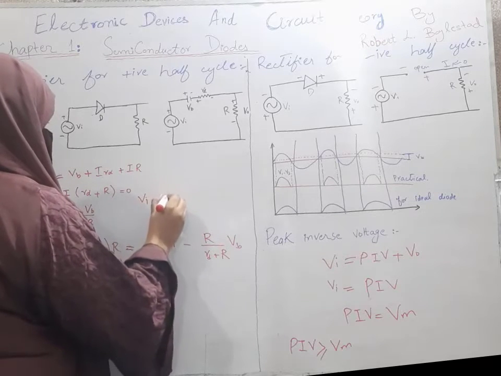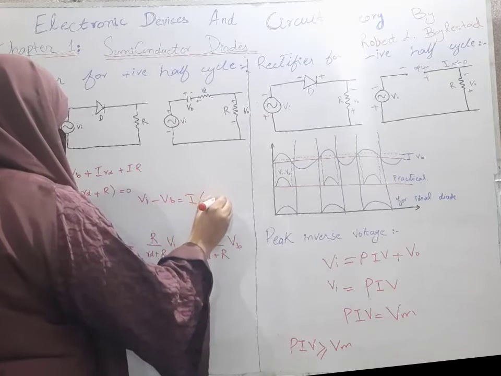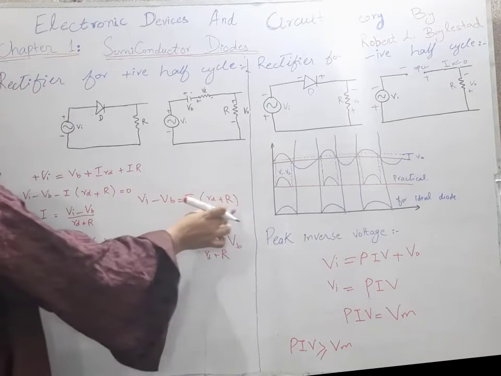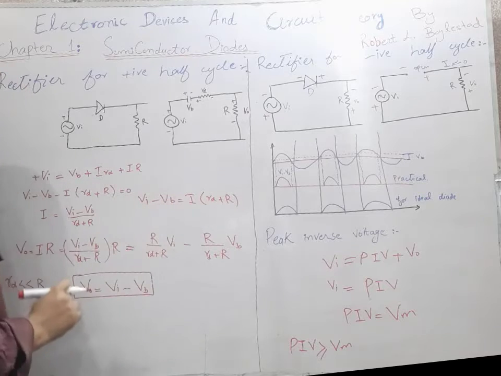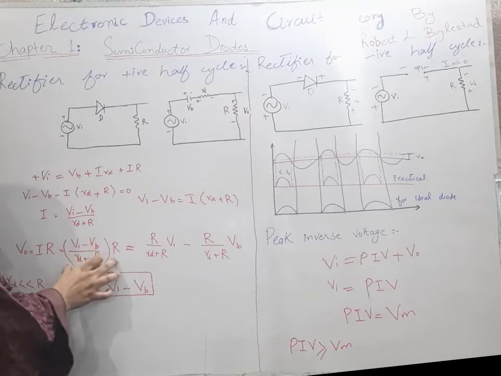Vi minus Vb is equal to I(Rd plus R). So Vi minus Vb, Rd plus R is multiplied with I. This will be divided onto the other side of the equation. So our output voltage is equal to IR. We will multiply this value of I with the R resistance, and now we can write this equation as